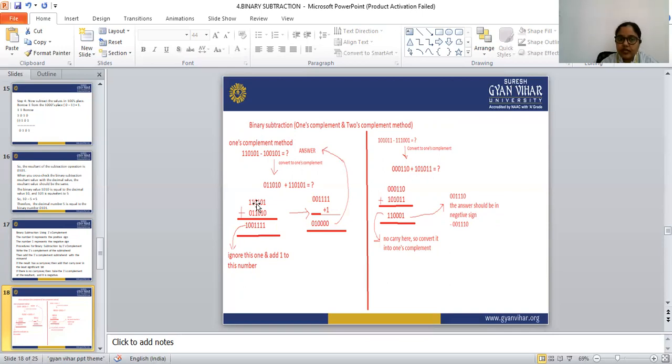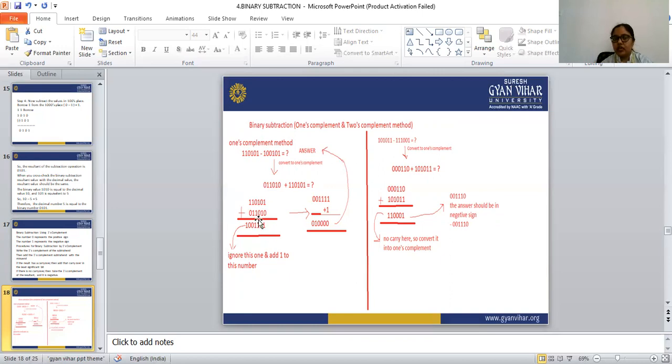Next is 1 plus 1. In binary addition there is one rule: 1 plus 1 is equal to 1 0. We have to write 0 and carry 1. So I have written here 0 and carry 1 here. Then 1 plus 0 is 1, and that 1 plus the carry 1 is equal to 1 0, so I have written here 0 and 1. This is the number we will get after addition of this ones complement number and the first digit number.